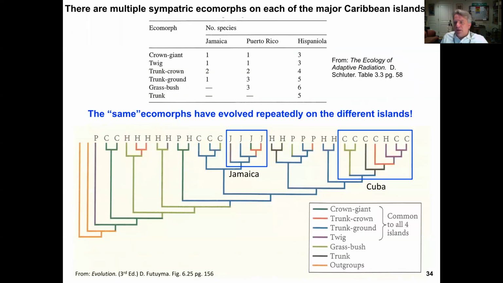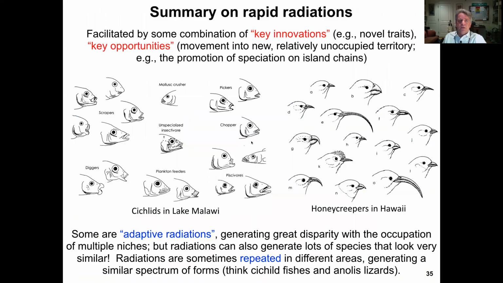And in the study that we read, what Losos discovered is that, particularly when we look at the large islands of the Caribbean, the same ecomorphs, as colored here by different branches of the phylogeny, have repeatedly evolved on the different islands. So it's not as if all the crown giants form a clade, all the trunk crown form a clade. On each of these islands, the islands in this case are forming the clade, and in each of these clades, different ecomorphs are evolving. Okay,